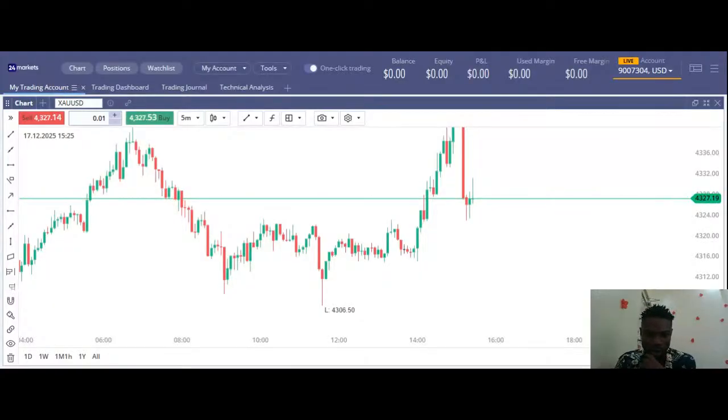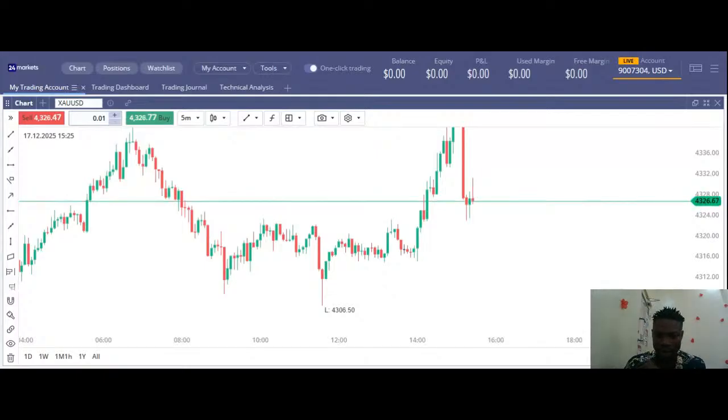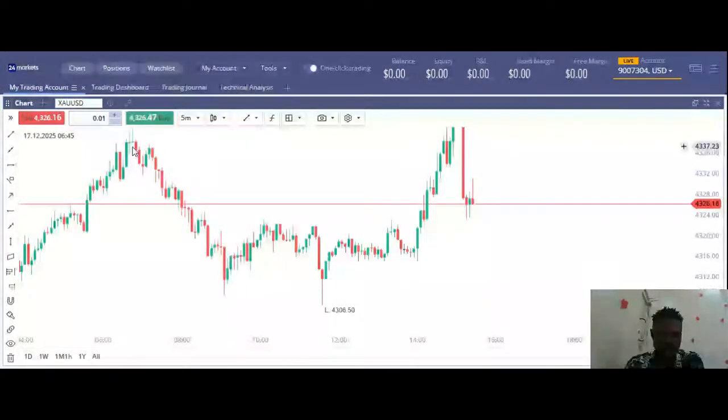If you can see the rejection now, the market is still coming down. So let's wait for the second leg, when the market takes out this particular place there. And we now have our engulfing candle, which is a bullish engulfing. So we can also go out and take our trade there.